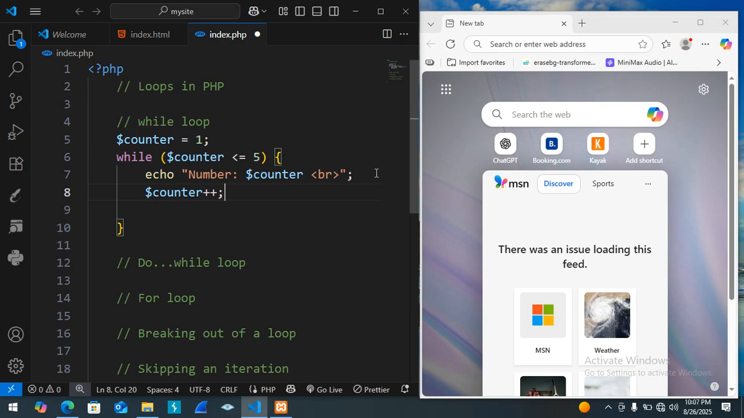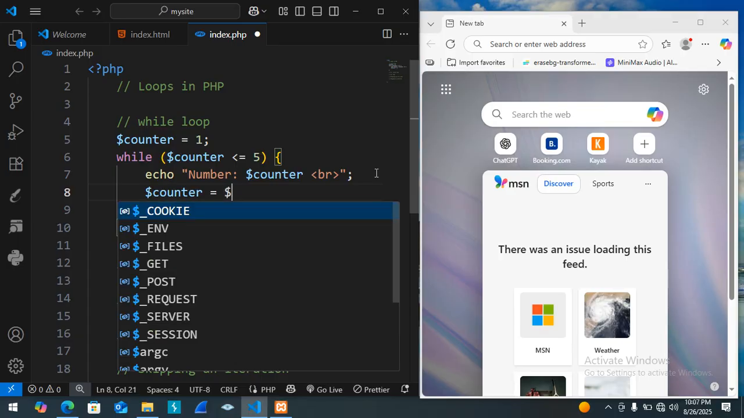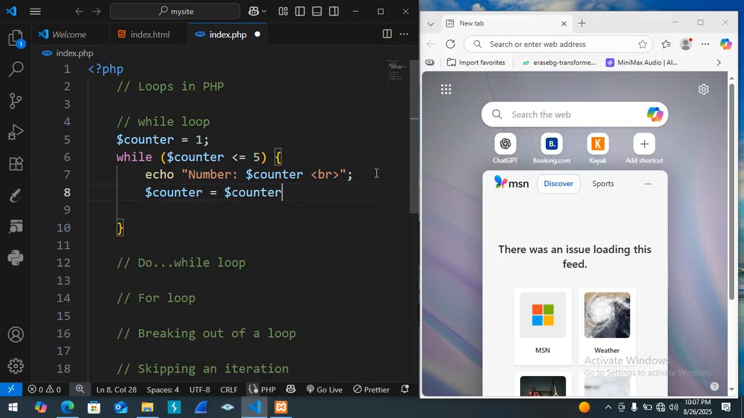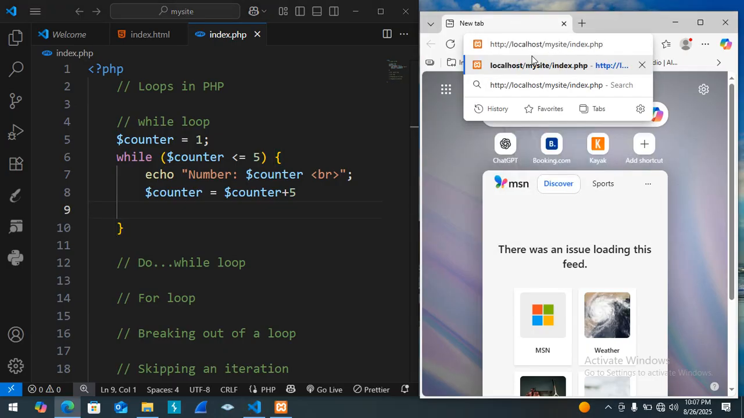Okay, to increment. But if we don't want to do that, let us first do this. We are going to get our previous counter, set the counter to be our previous counter, and then add a 5 there, in order to make this condition false. Then we come back here, and we paste our URL